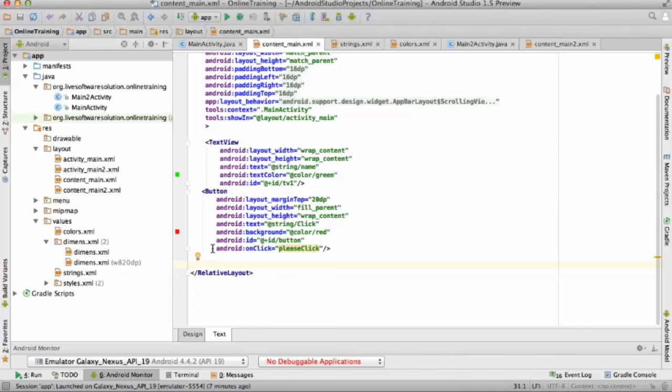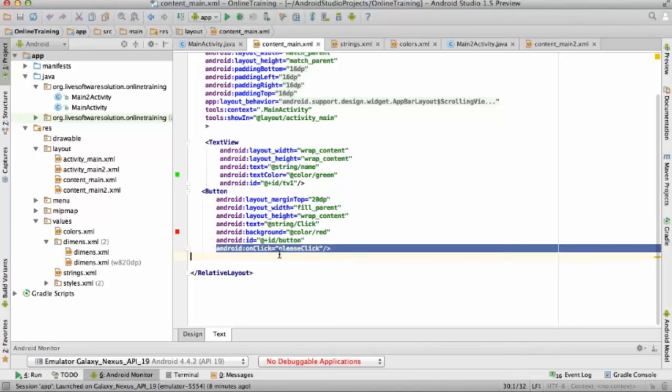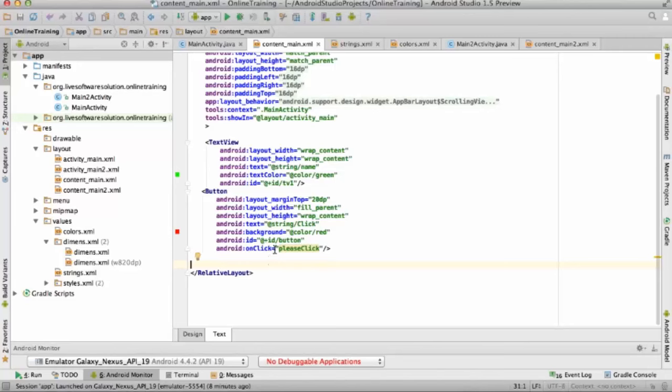Find view by ID is utilized for every type of view, either for button, radio button, text view, or edit text. So find view by ID has a return type that is a super type for all the types. So a typecast is required in the corresponding object. You are getting my point or not? I am just talking about object-oriented programming, right? So this is something like a polymorphism kind of situation.